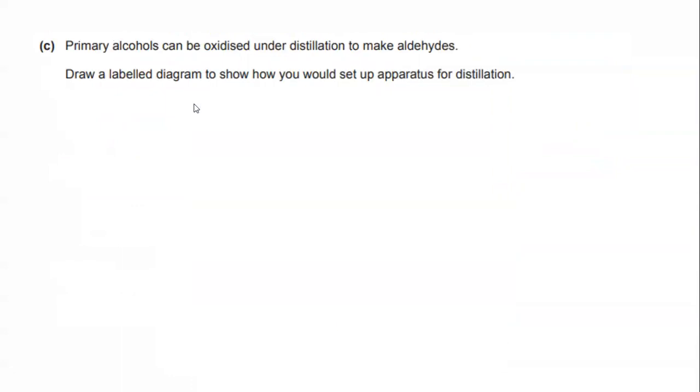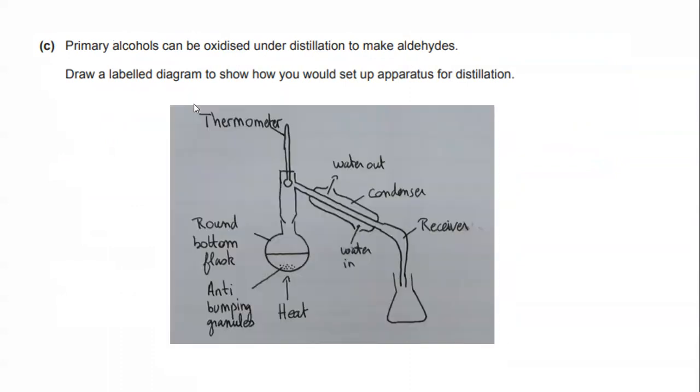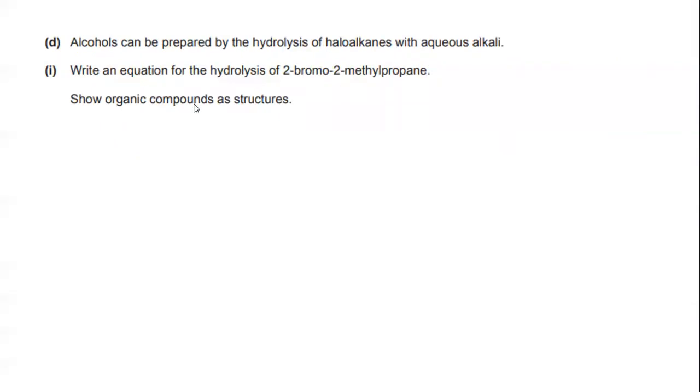Primary alcohol can be oxidized. Draw a labelled diagram to show how we set up the apparatus. Make sure you don't forget the heat. Make sure you put the condenser in the right direction. Make sure you put the receiver, water in and out, and the thermometer. Our second